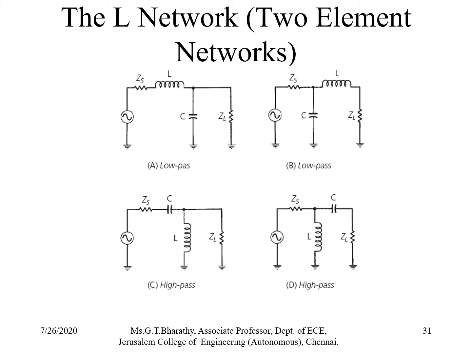Similarly, when you connect a shunt C followed by a series L, again it acts as a low pass structure. Instead of a series L, if you go for a series C followed by a shunt L, it forms a high pass structure. And a shunt L followed by a series C forms again a high pass structure. So these are the four types of two element network, called L network impedance matching, which are available.